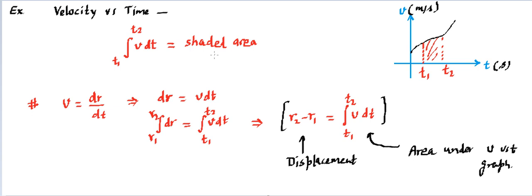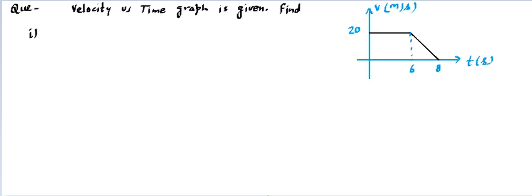Okay. After understanding this particular point, let me give one question based on this concept, and you answer that. So here's the question. It says a velocity versus time graph is shown in the figure. We need to find the following things. It's velocity in meters per second, time in seconds, and this black color is the graph that is given to us. In the first part, we need to find